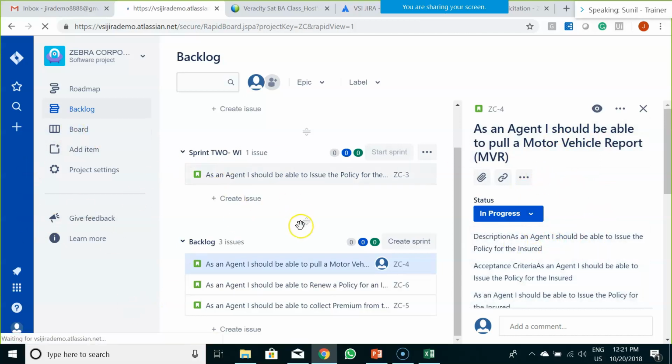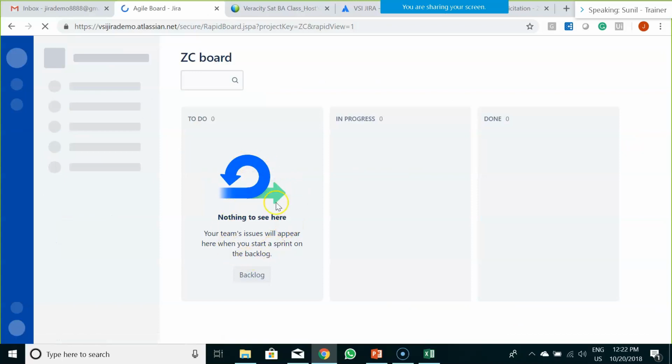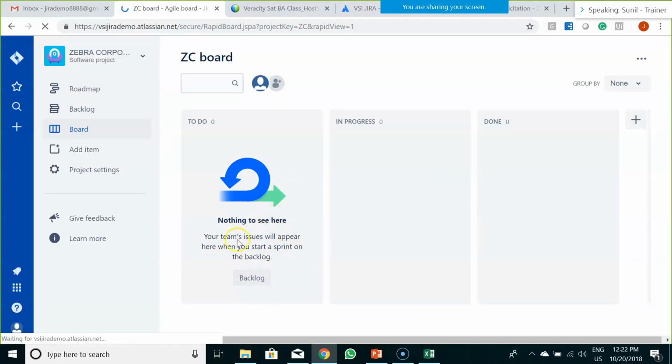Now the board is something wherein it would show all your details. Now that we don't have a sufficient number of stories, our board is looking like this. Once you populate it with the required number of user stories, you should be able to see the board in a different format.